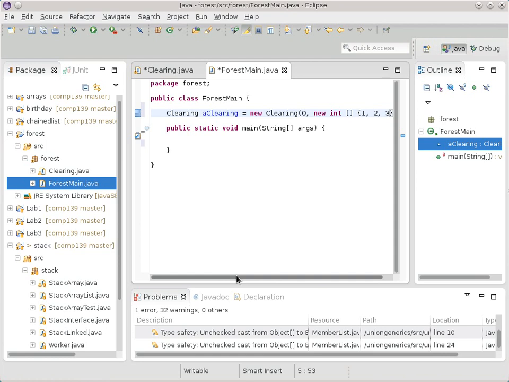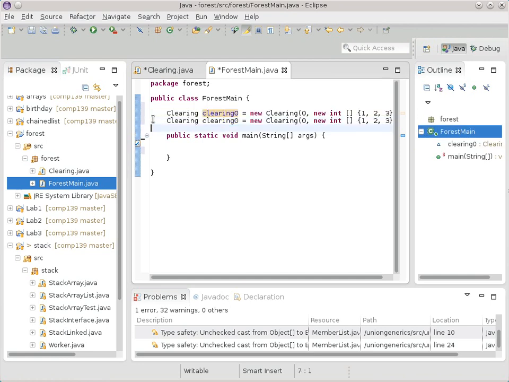There we go. The syntax is a little weird. Okay, so this is clearing 0, and I can get to the ID numbers 1, 2, and 3. Okay, so we'll call this one, more specifically, clearing 0, and let's just do a couple more here. If I wanted to do clearing 1, it would be a new clearing with ID number 1,